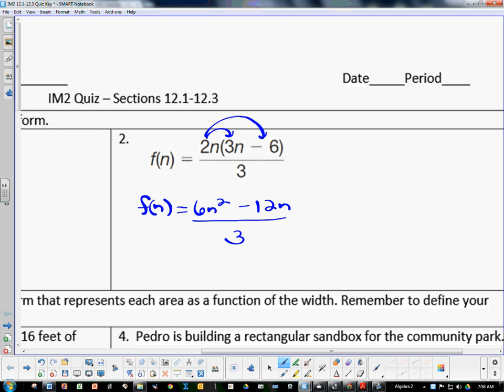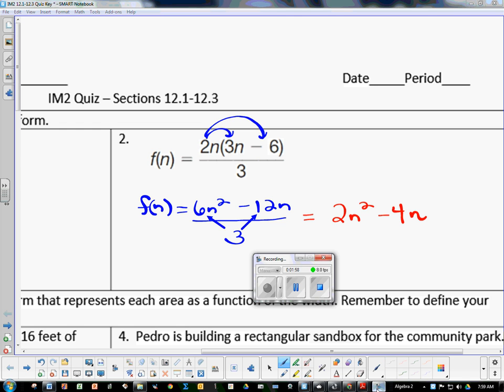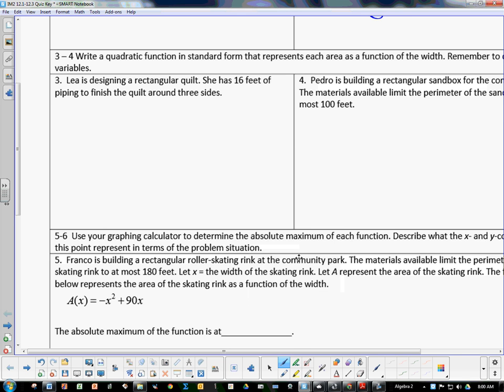Now, this is the part that students usually have an issue with. It's a simple mistake, but let me point this out with an arrow. This 3 has to divide into that term and that term. This becomes the following. I have 2n squared minus 4n. Is that okay? Makes sense? And there's your function in terms of n, f of n. Number 3,